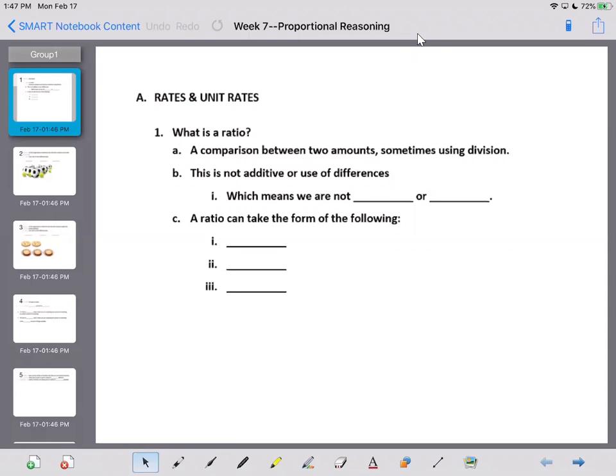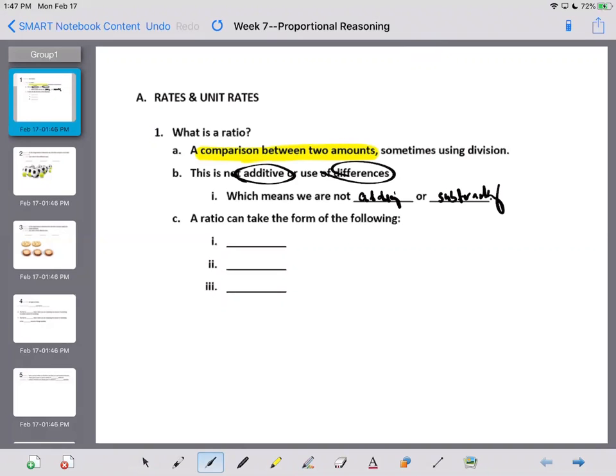Well, we want to say that that is a comparison. It's a comparison between two amounts. And sometimes we can write that using division. But what it's not is it's not additive, or it doesn't use differences, which means we are not adding or subtracting when we're looking at